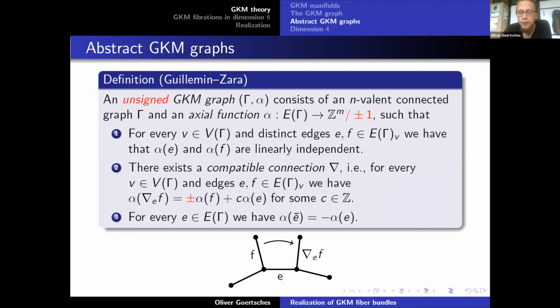Okay, so maybe to warm up, I want to have a look at dimension 4. Dimension 4 is maybe not the dimension in which one usually does GKM theory, because we need a two-dimensional torus acting here, and when we have two-dimensional tori acting on 4-manifolds, then of course it's an action of complexity 0, and we have other methods to deal with this situation. We don't need GKM theory to treat this dimension, but still to warm up, I think it's good to illustrate these notions in this dimension.